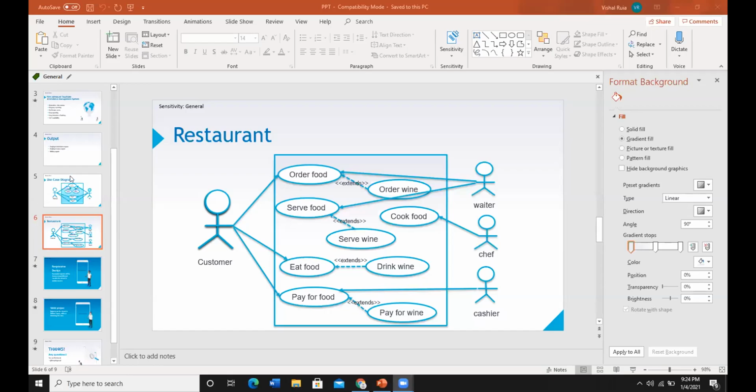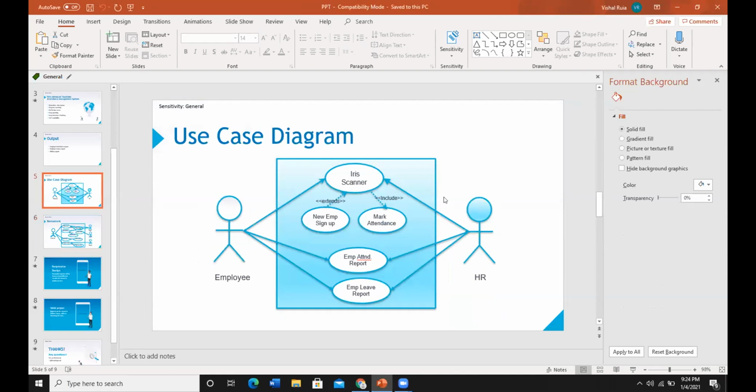Shall I share my screen? Can you see my screen? So this is the use case diagram for the State Farm attendance management system. We have the employee as the primary actor on the left-hand side, accessing the iris scanner and marking the attendance, which is an included use case.